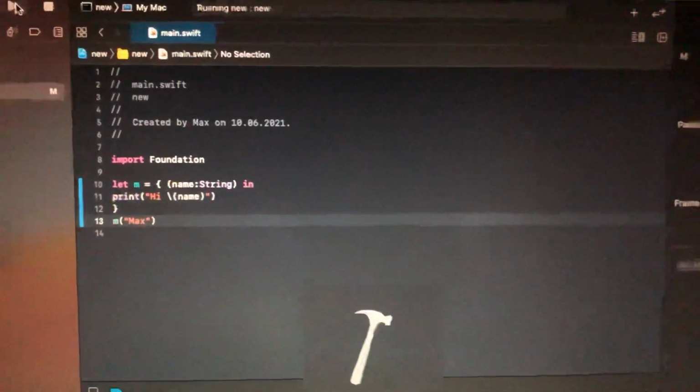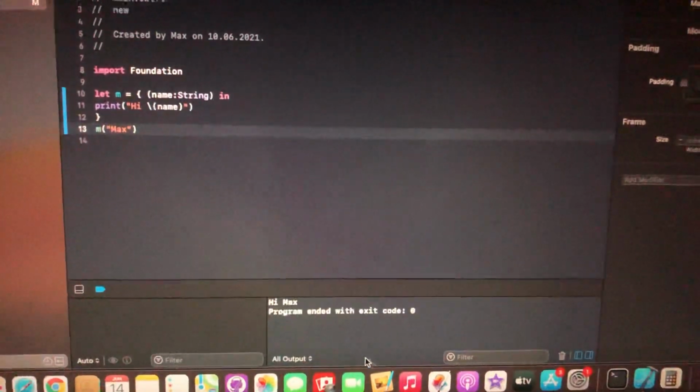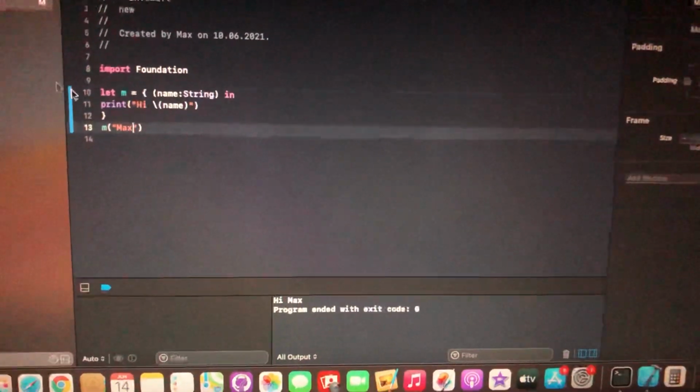run, and here you can see that it successfully used our parameter in our